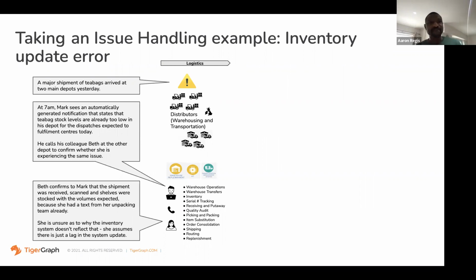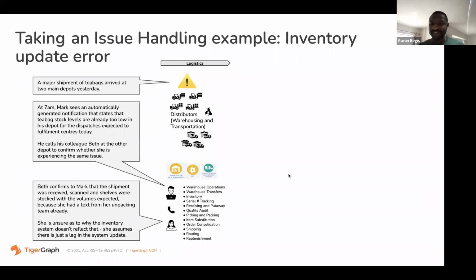And so this is an example of the sort of issue handling where there's an inventory error. We have a shipment of tea bags that has arrived. The depot manager, or the distribution warehouse manager, comes in and sees a notification to say that the stocks are low. He would then need to call his colleague to try and understand if she's experiencing the same issue. She hasn't necessarily, but she's got a message from her team to say it's already been packed, but she thinks there might be some issue with the inventory